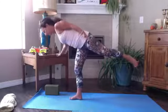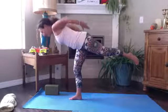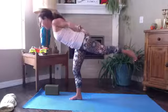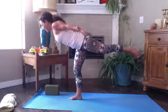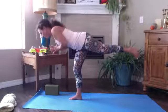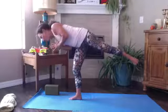Try. And then maybe you lift your arms higher than everything. Put a little bit of up dog in your chest. And then bring your hands into your heart and begin to open up into